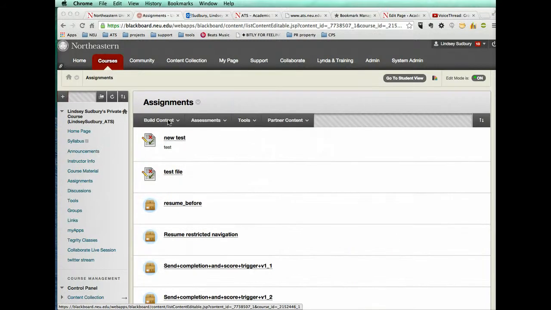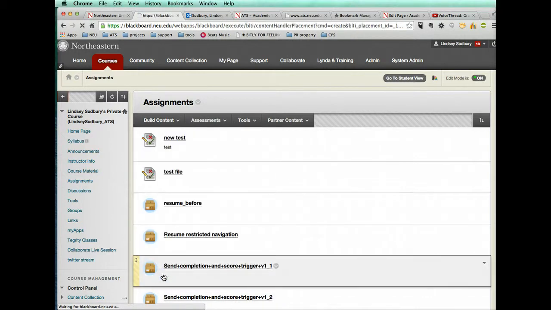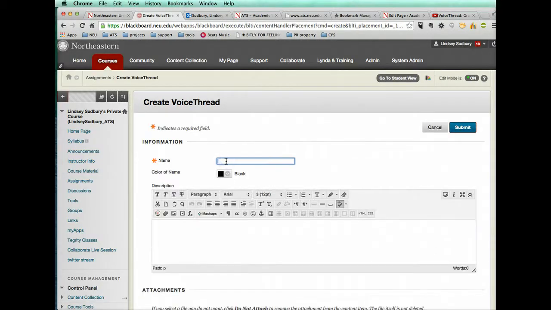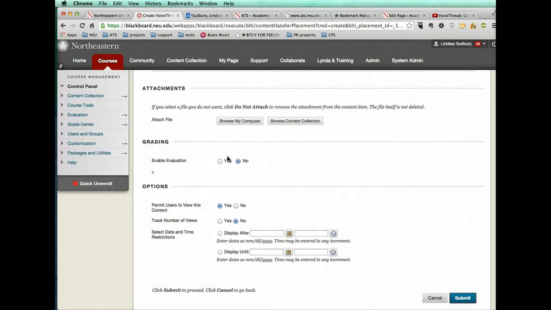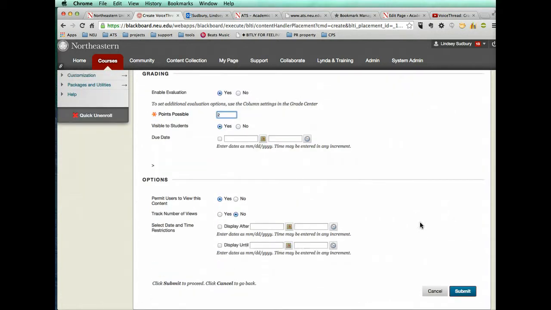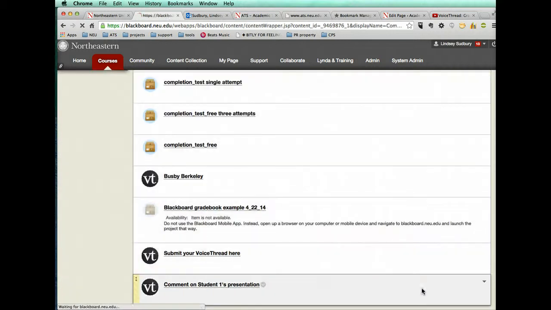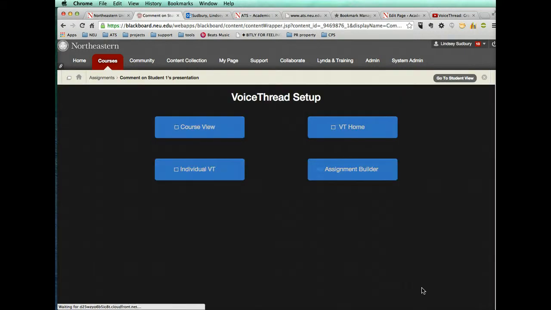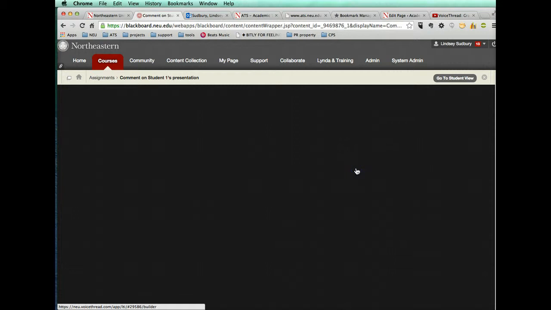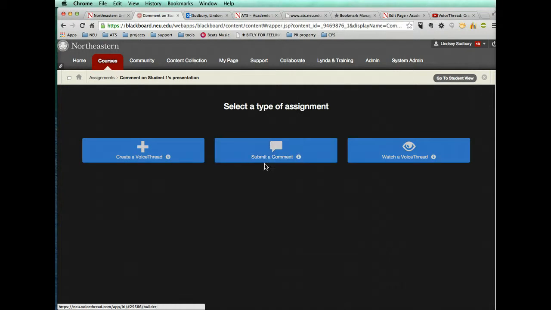first you would want to go to Build Content and VoiceThread, and we're going to create an assignment, and this is going to be comment on student one's presentation. We're going to enable evaluation. Everybody will get 2 points for that, and I'm going to click submit, and then I'm going to click into that assignment, and I'm going to go to the assignment builder, and I'm going to assign that students need